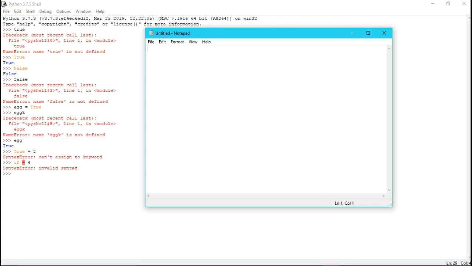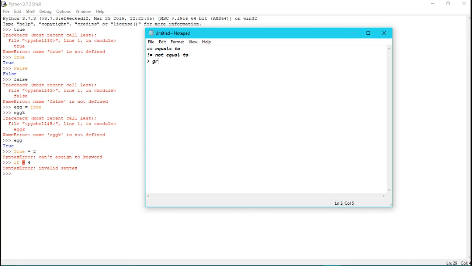So we have the equals to, which is double equals, which means equals to, and we have the not equal to, which starts with an exclamation mark and equal sign. Not equal to, we have greater than,